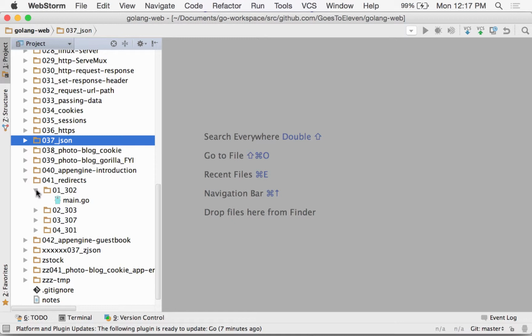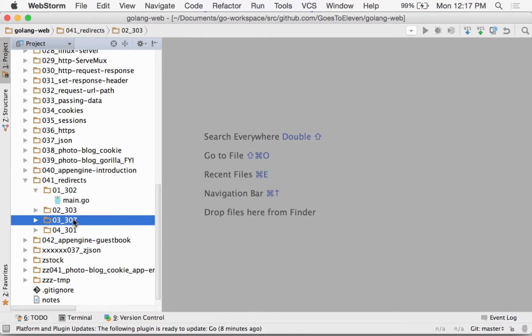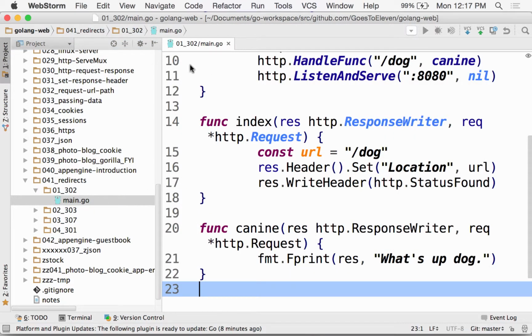Yeah, and I wasn't clear on the differences between those. We discussed it a little bit, and I was like, all right, I've got to do a little research on that. And then, of course, I always like to see how it actually works. So I put together some redirect examples here: 302, 303, 307, and 301. And so 302,